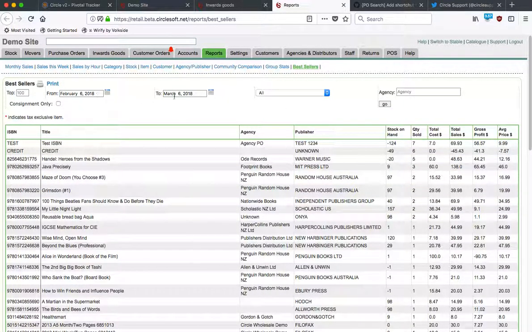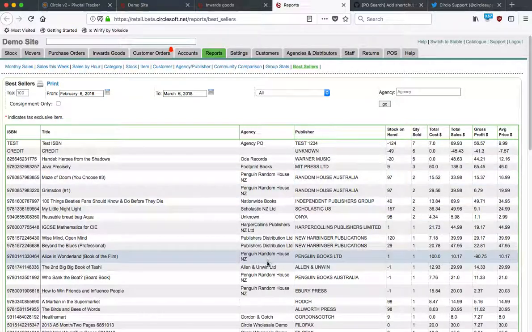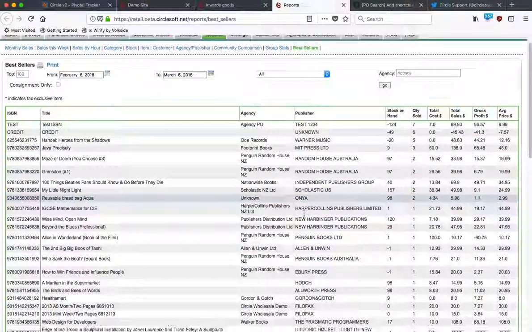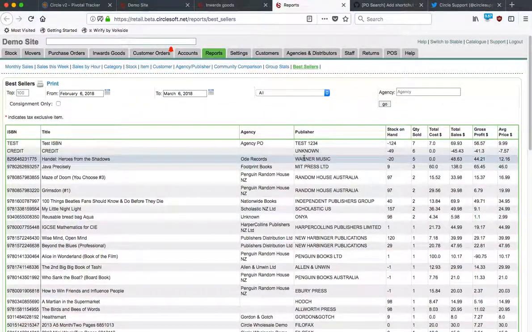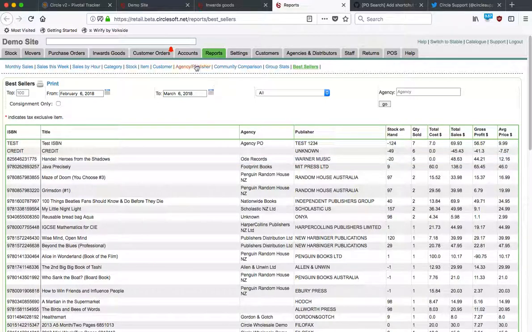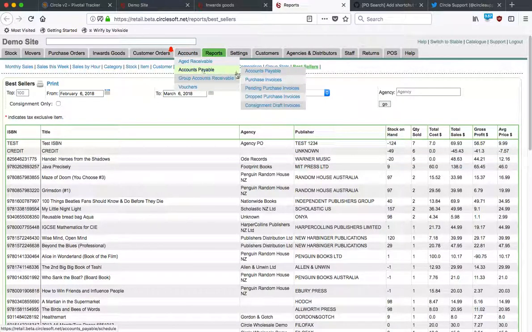So you had this report, you set the date range and the agency and tick consignment only, and it'll give you sales of consignment items that you could then copy and paste and send to the supplier. That'll still work. But in addition to this, now if you go to accounts payable and